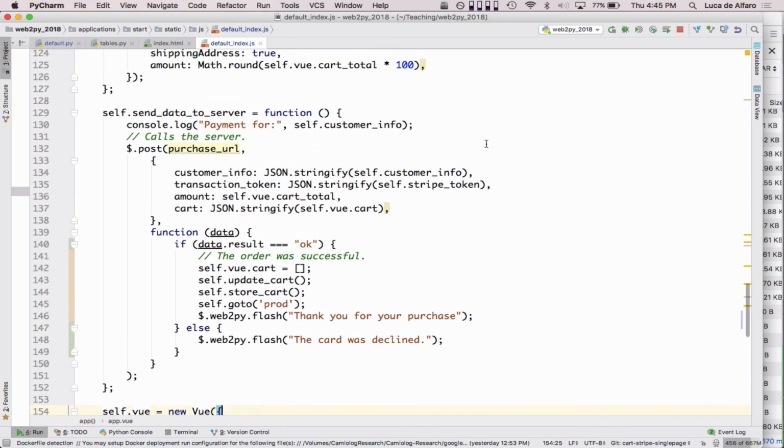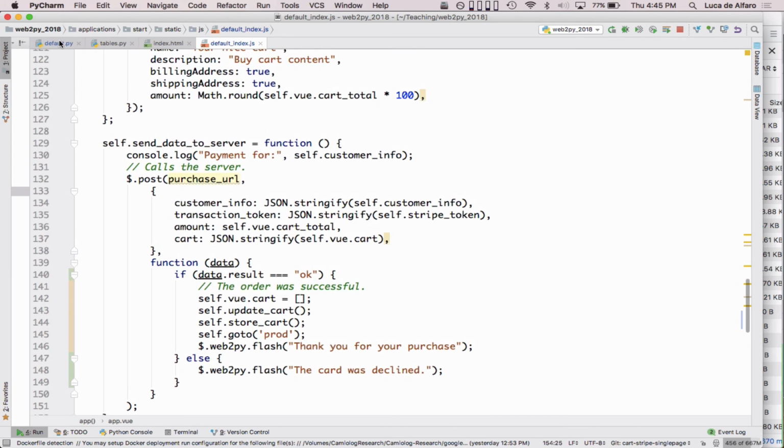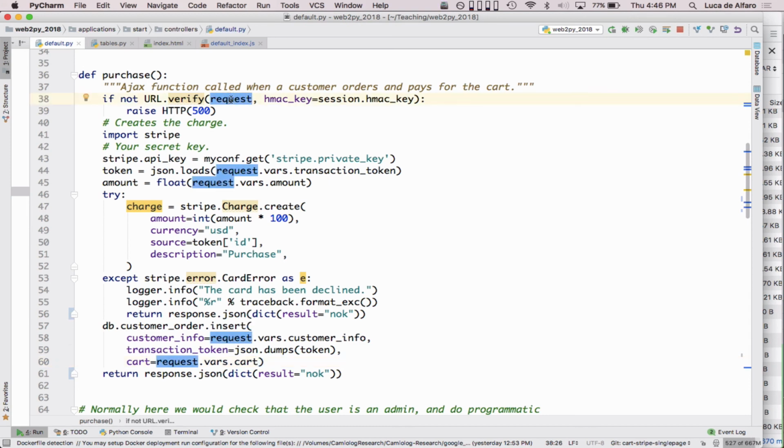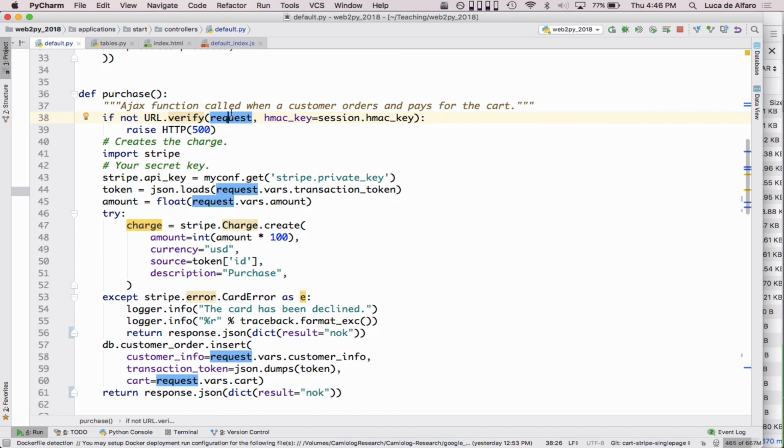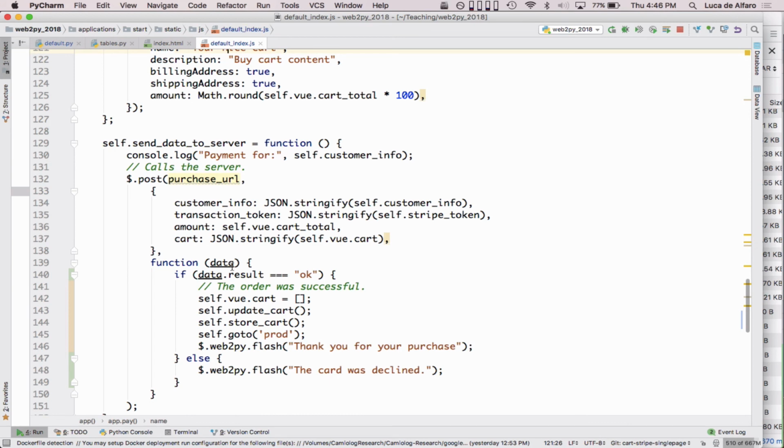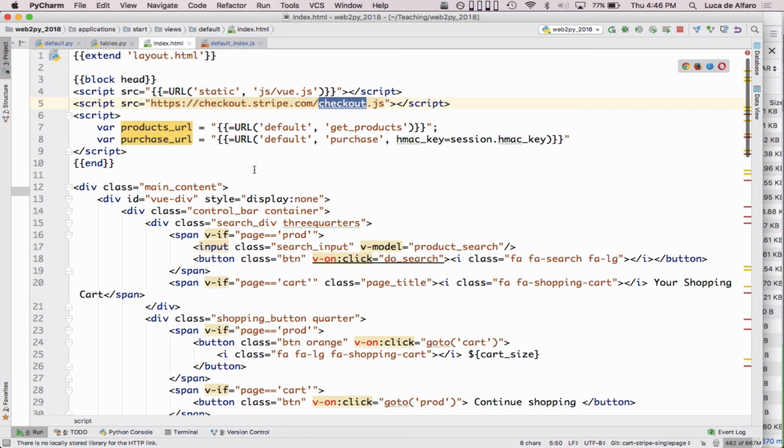Now, the only point I didn't quite explain, and I want to come back to it, is this call to purchase. Let me see a moment, because I don't remember why I did it in that way. So I have to tell you the truth, I don't remember exactly why I did it in that way, but the general goal